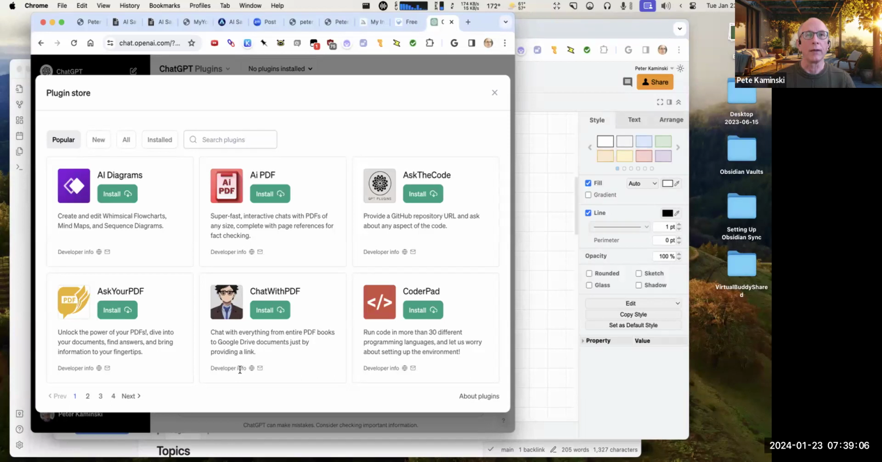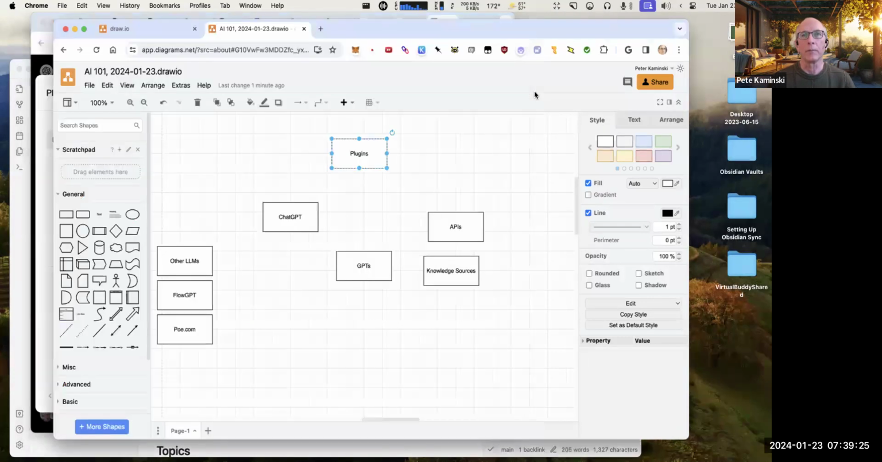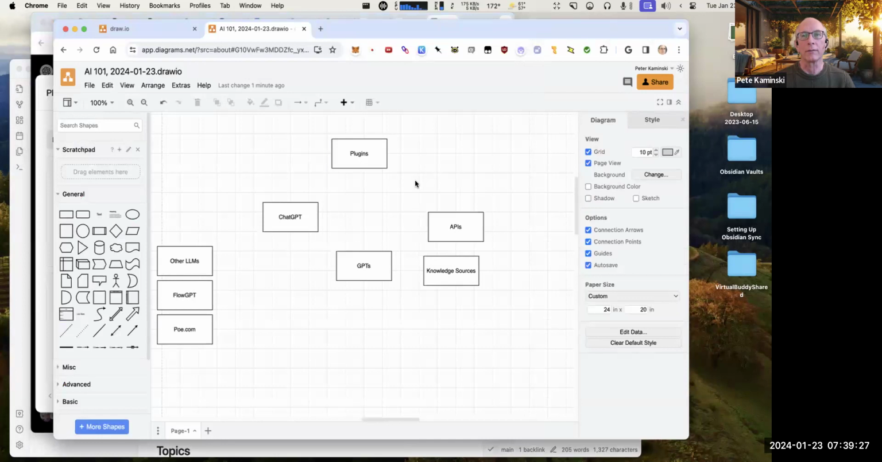So I think maybe the thing to do is kind of ignore the plugins, unless you hear of somebody that says, wow, this one is really doing a great job for me. Maybe a diagram thing, Canva or something like that. So if I go back to this,